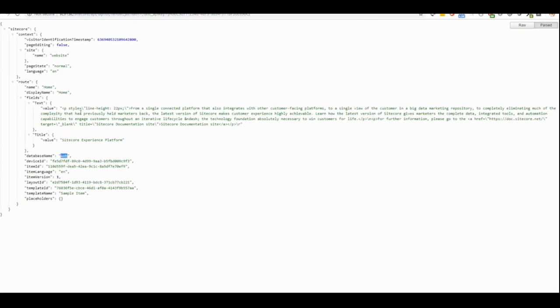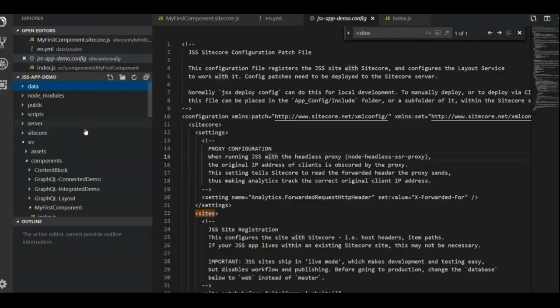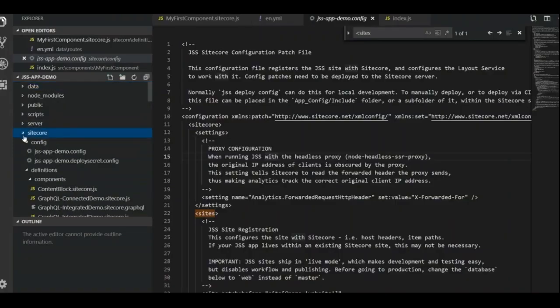This is my application home page where we have all the item details of the API key item I have created. So this is the overall architecture of integration and data flow. So finally, you have this development. You can use Visual Studio or an Angular editor or some other editor tool, when third-party vendors import the service. Likewise, the architecture flows.